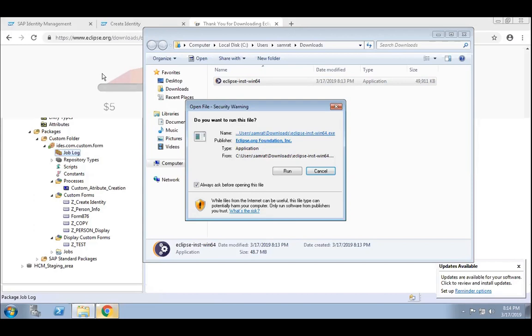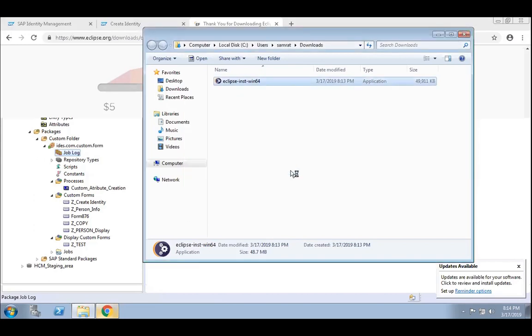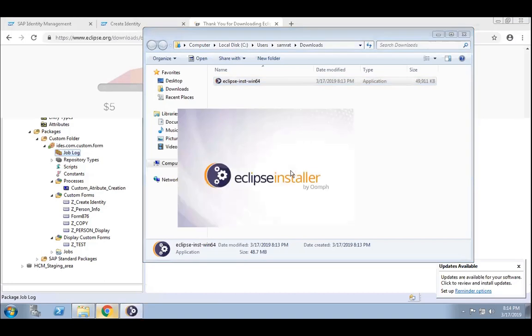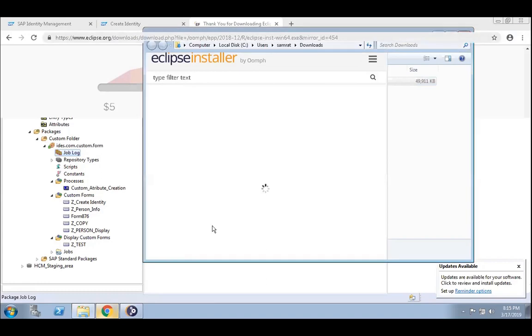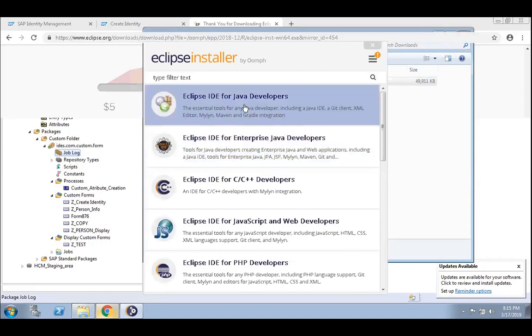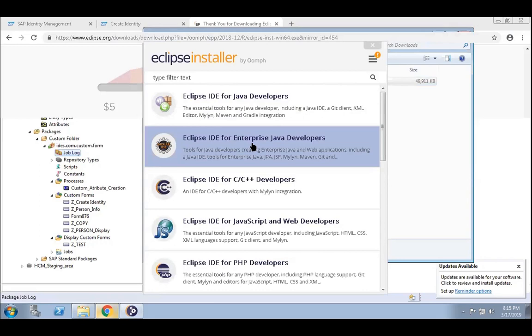Run. Yeah. Next one, the one below. This one.